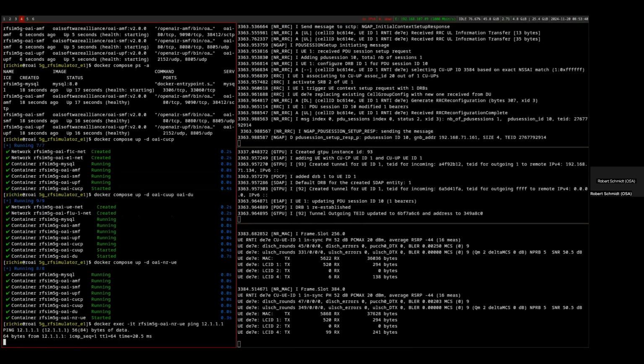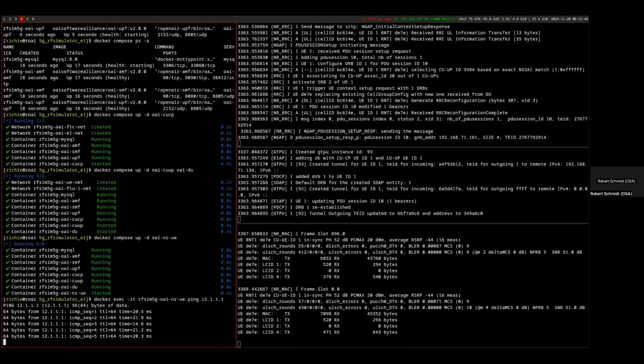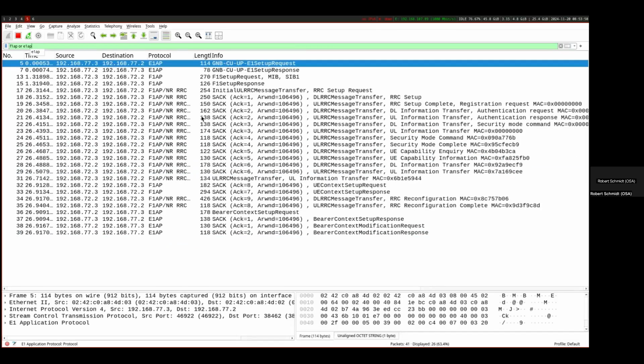Once this has been done, of course, we can inject some traffic. The UE sends some traffic in the simulated environment, and we see the ping. If we now look in Wireshark, we see what we would expect and what I already mentioned. In the beginning, we see on the E1 interface the E1 setup request and response, where the CU-CP and